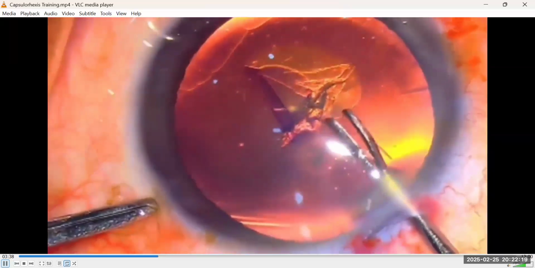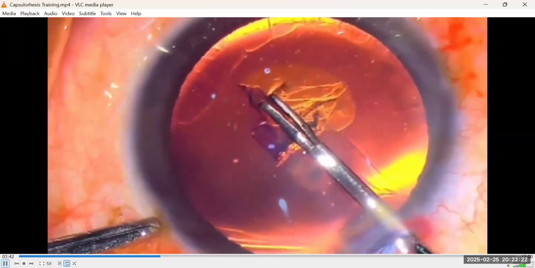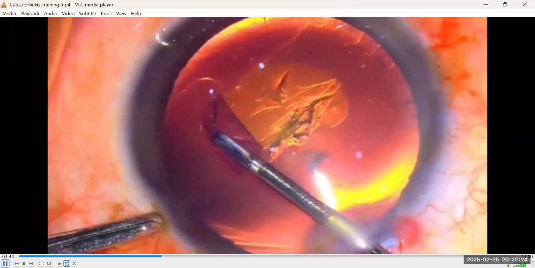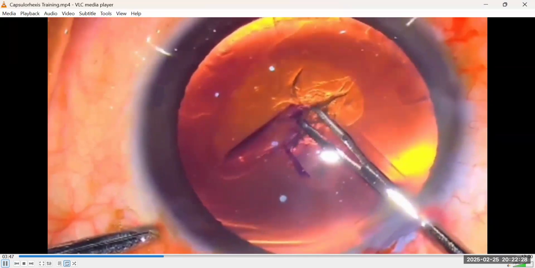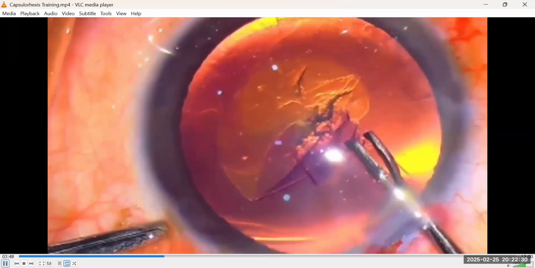Did you notice I'm losing visco? I am losing visco. My attention is there. All right, so I've gotten my sector, but it unfolded on me. That was why we said